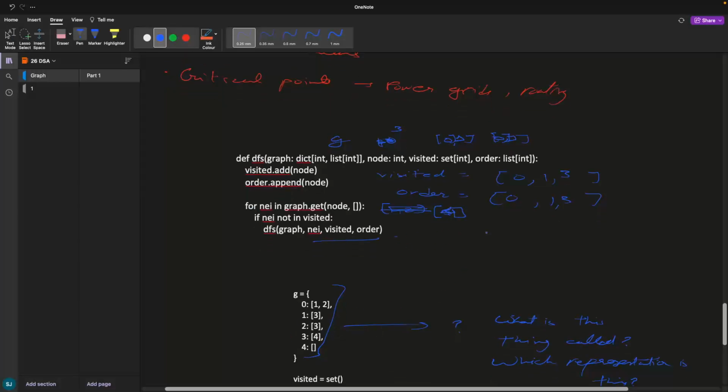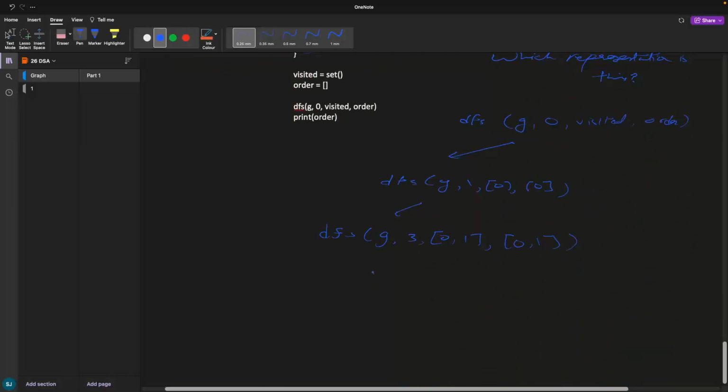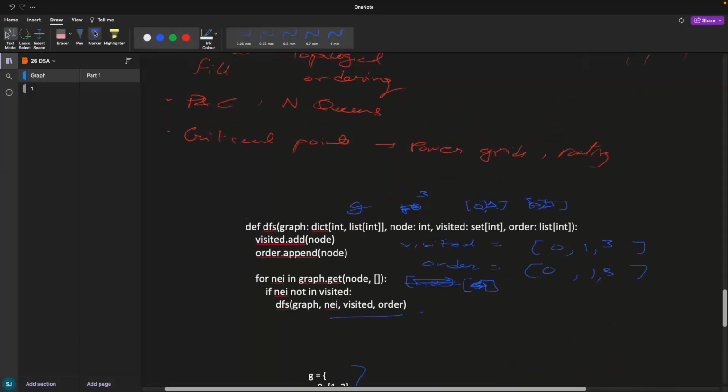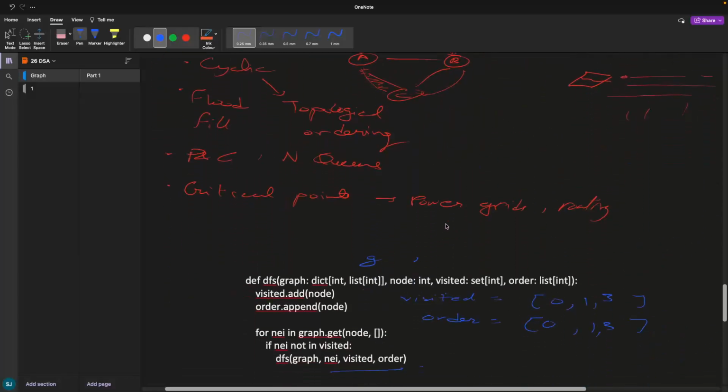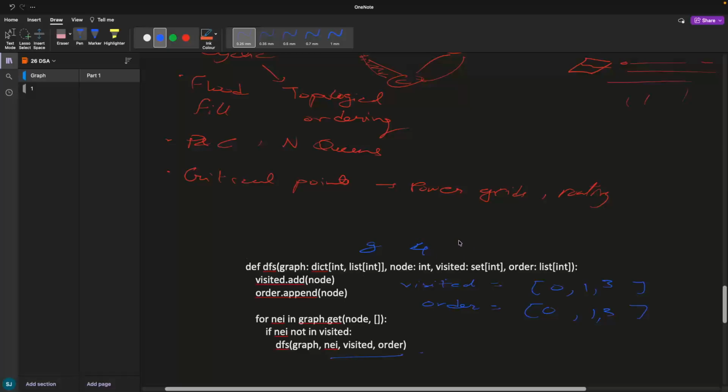4 इधर आ गया, 4 visited है नहीं है भाई, तो तुम गए, तुम ऐड कर दोगे DFS G। 4 है, 0 1 3 and then 0 1 3. ओके, फिर तुम वापस इधर आ गए। अब तुम देख रहे हो G आ गया, नोड हमारा अभी क्या था, 4। ओके, you have 4 and then you have your 0 1 3 and then you have your 0 1 3, ठीक है।